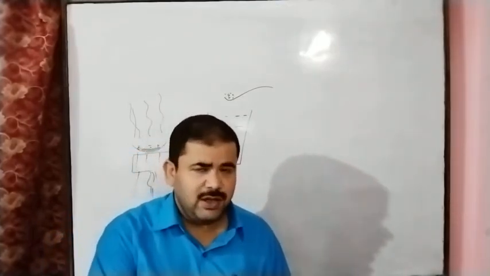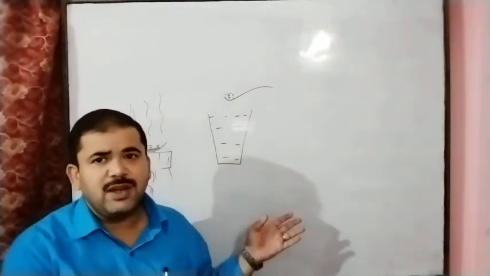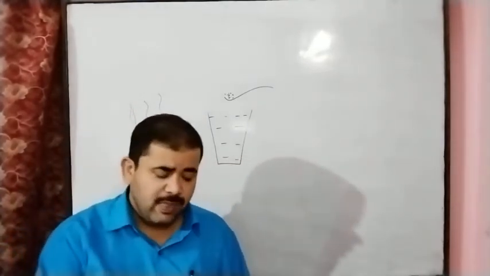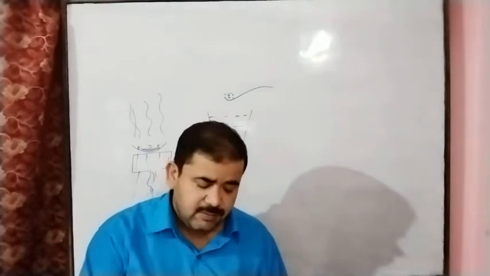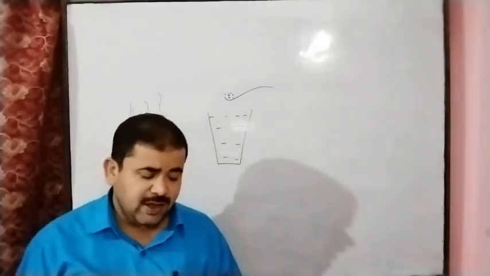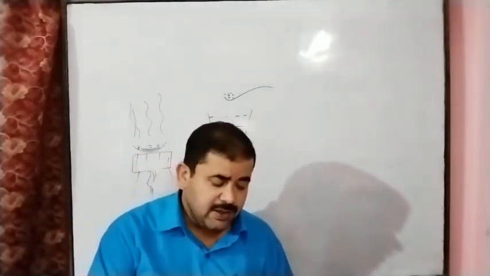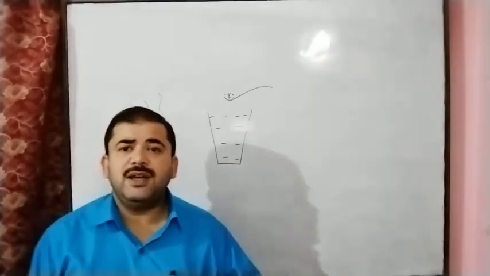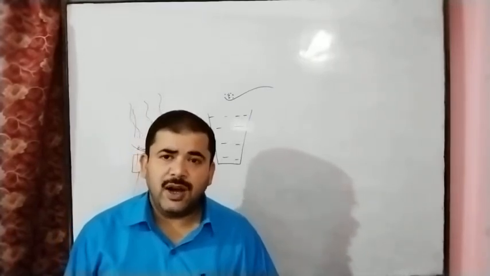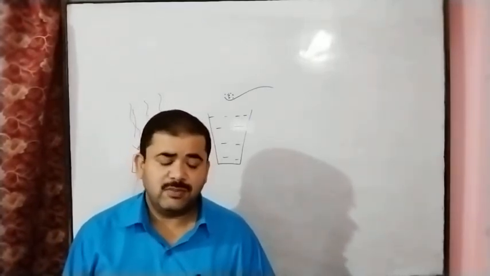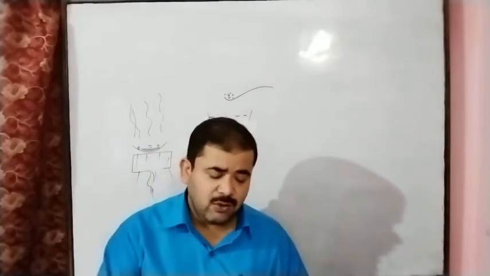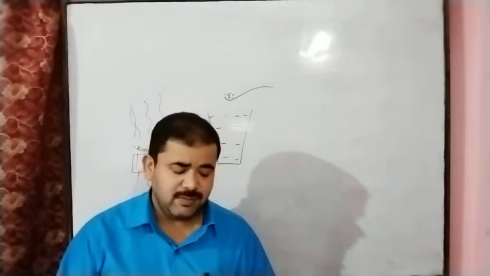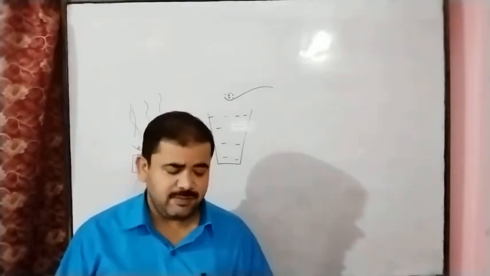And this is a solid and liquid mixture. Solid and liquid mixture means, for example, a sugar solution: sugar in the solid state and the water in liquid form, and salt in water, chalk powder in water. These are the examples. After this, a liquid mixture: we can take oil and water. Oil is liquid, and water is also in the liquid state. Alcohol and water, we can mix alcohol and water, these are in liquid state. So we can say a liquid mixture.